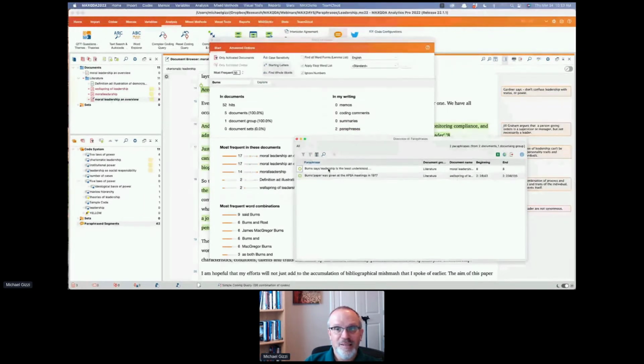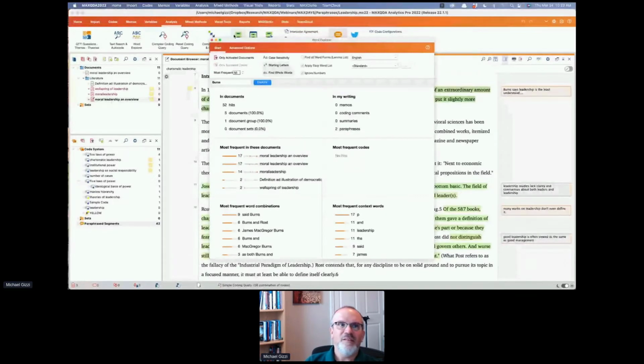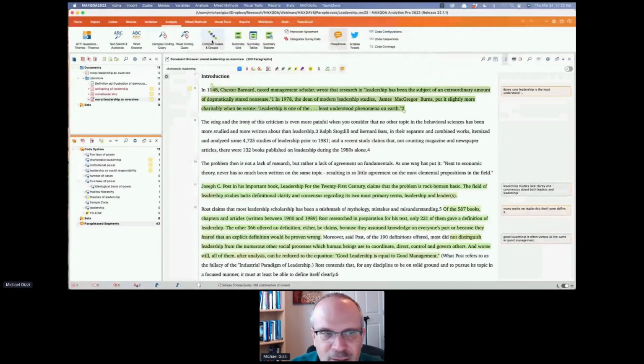So this is a big enhancement to MAXQDA 2022. And the tool goes far beyond that, but you can also search code comments as well, okay? So that's a huge, huge jump up. Okay, all right, so say I was in that process of wanting to create a literature review. Well, what would I do with that? I'm going to temporarily skip over categorize, and I'm going to go to the tool Paraphrase Matrix. 7 minutes. I think we can do this.